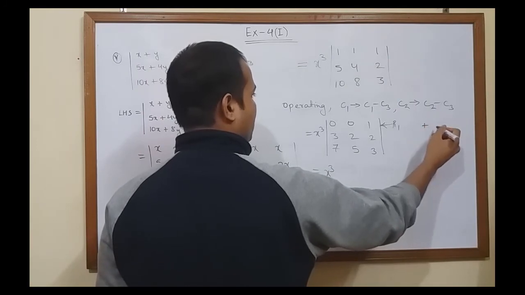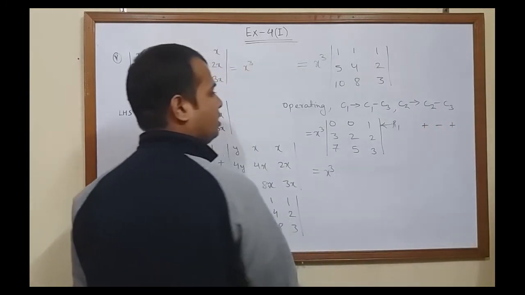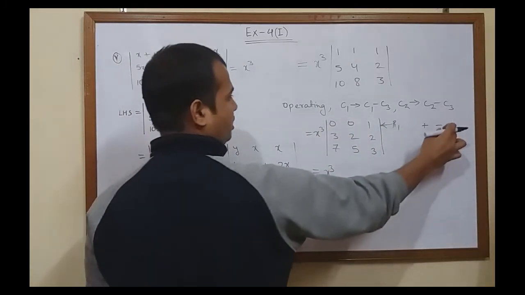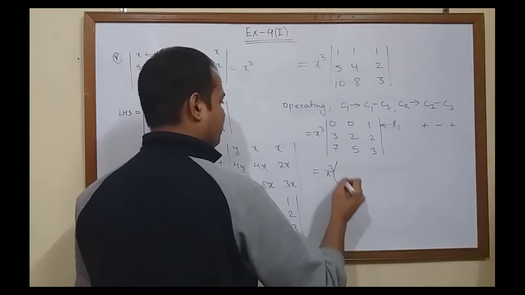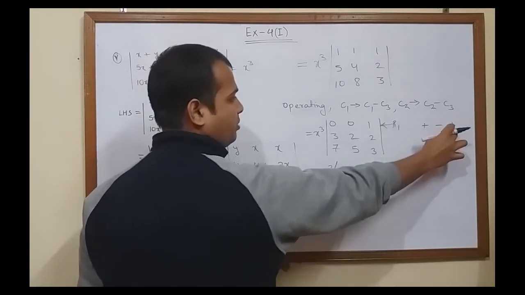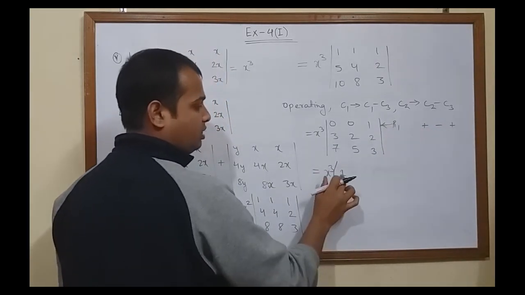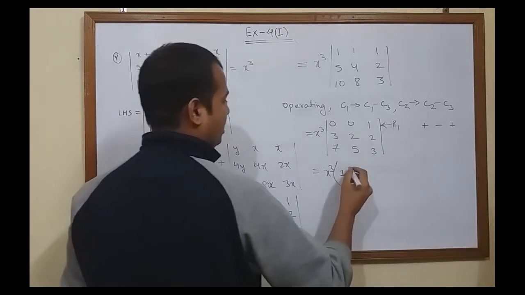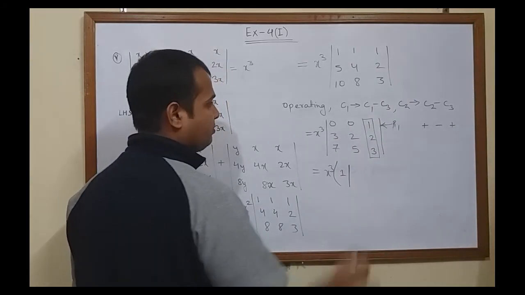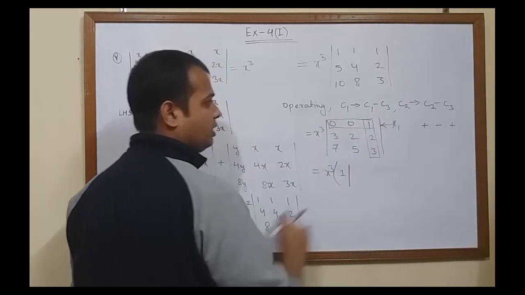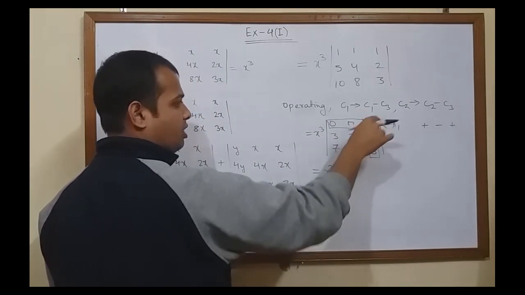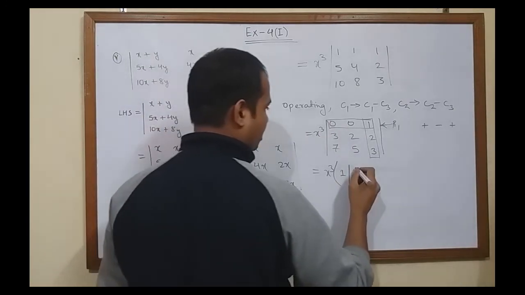So now you can expand this along the first row, and you know for the first row you should follow this pattern, plus minus plus. Since these two elements are 0, no need to write for them, we only have to do it for the third element. So we'll write 1, and since it's plus over here, it's already plus, so we don't have to mention it. Then you have to delete this column and this row, because this one is in the third column and the first row, so you delete the third column and the first row, and write the remaining here.